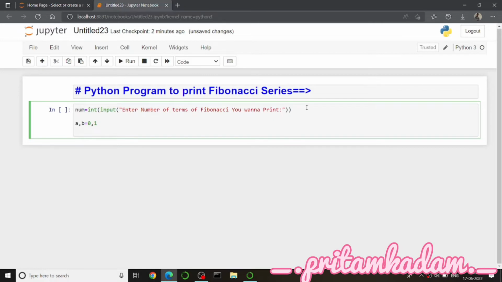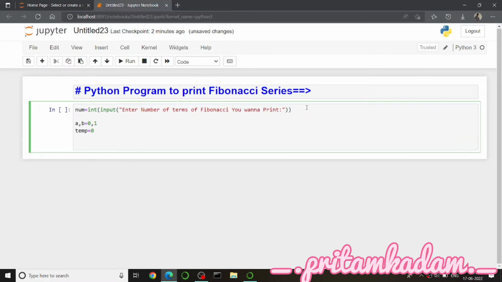So we have declared the two variables a and b and initialized them with values 0 and 1. Let us initialize the value of temp as 0 because it's gonna go from 0 to less than num. Now we have to print the Fibonacci series. So print Fibonacci series,